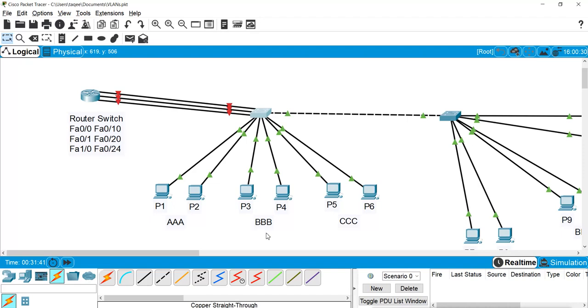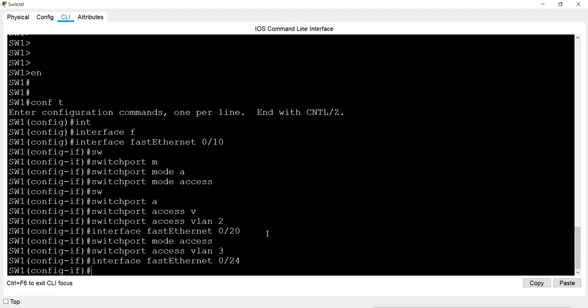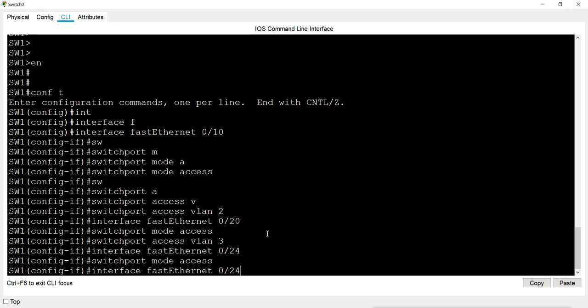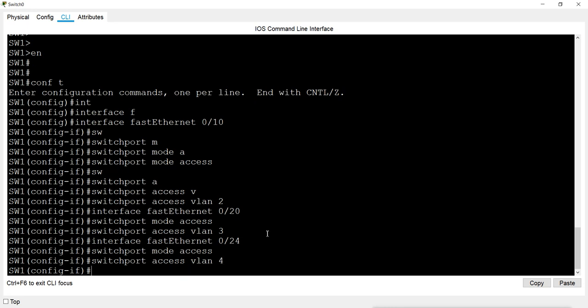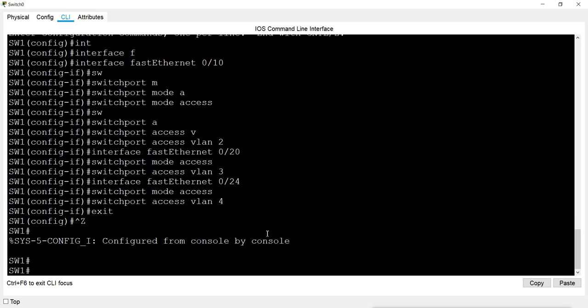This one will go to VLAN C, that is ID 4. So mode access and VLAN number 4. Now this is the only configuration we have to do on the switch for traditional VLAN routing.